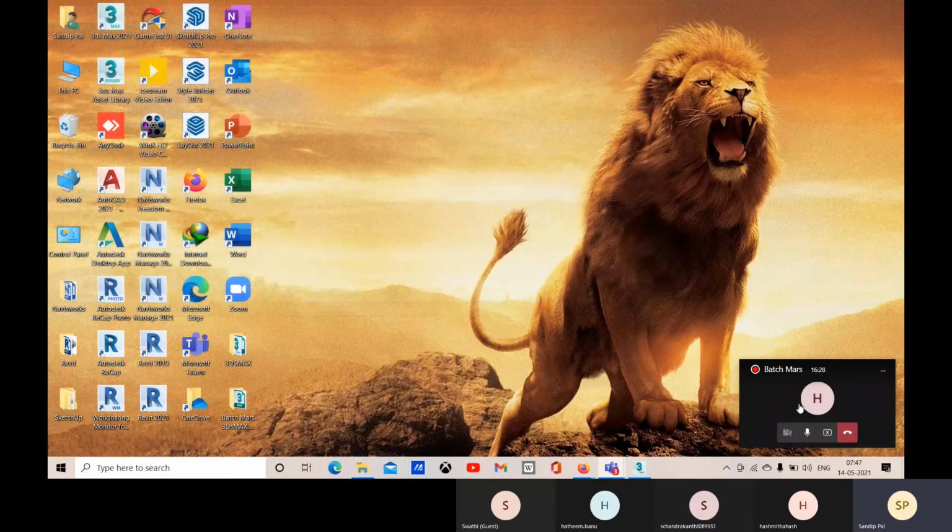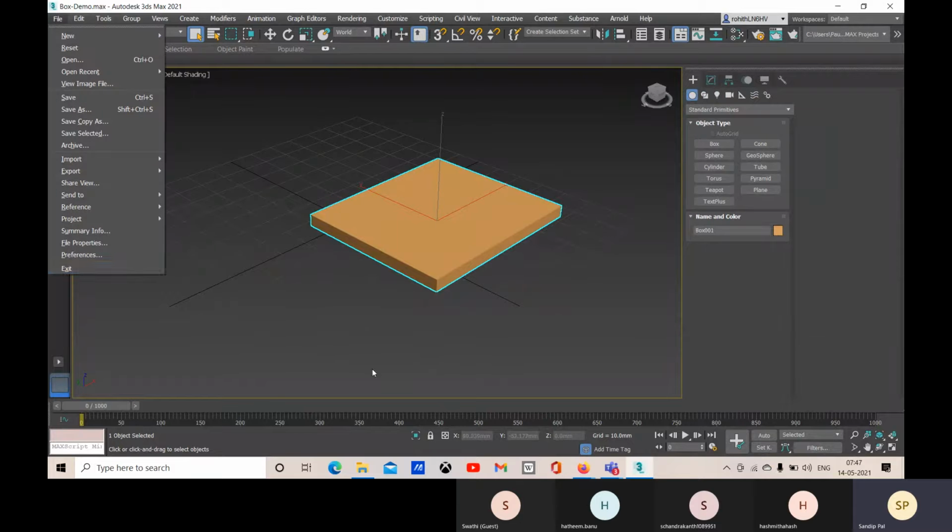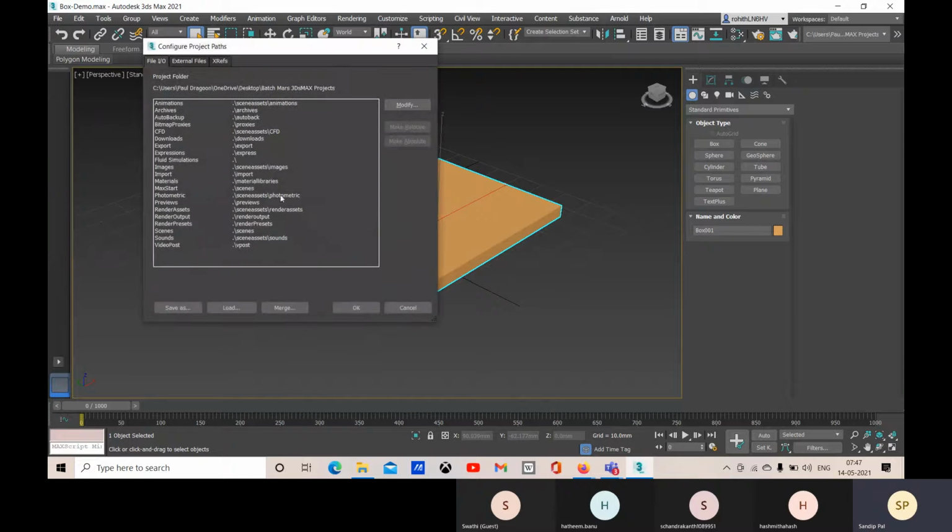Okay, suppose you are selecting this as the path, your project path, so you have already defined this as the path, and here you can see that this is already defined.